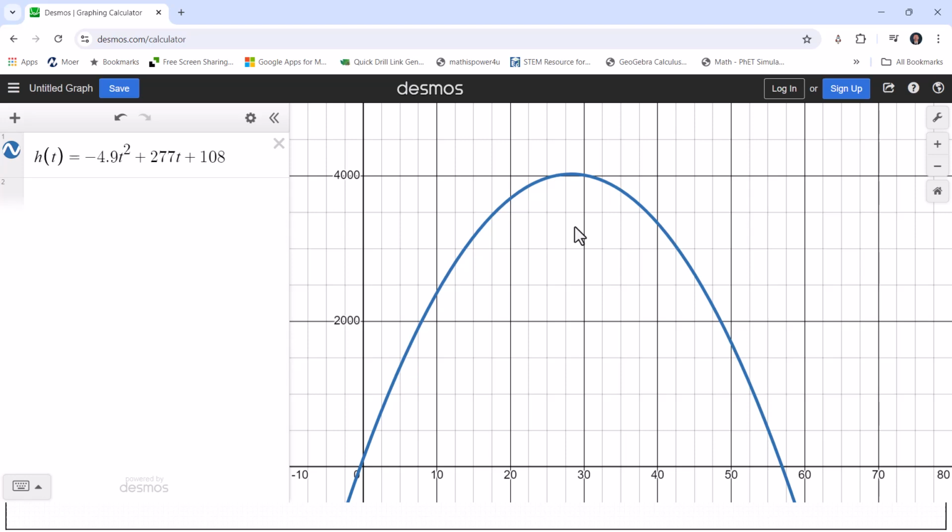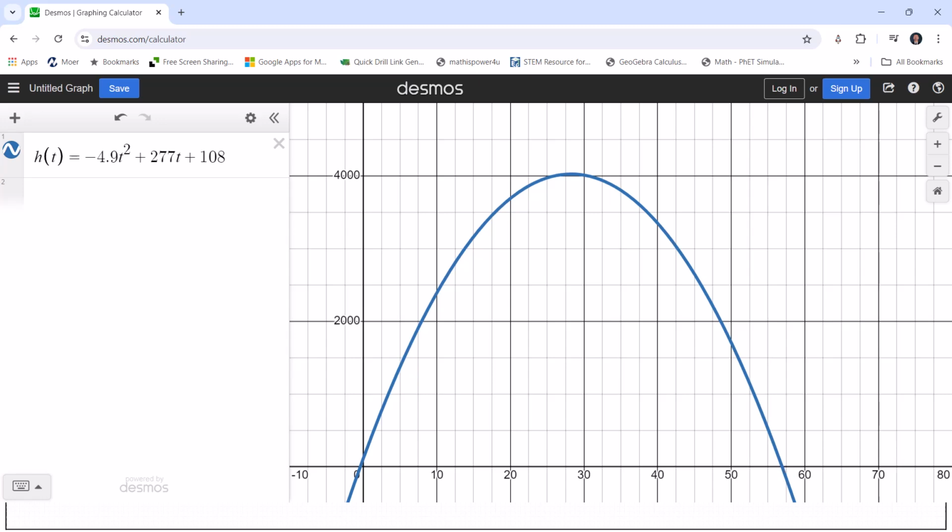To find the time of the maximum height and the maximum height, we would have to determine the ordered pair for the vertex, this point here. Then to determine the time at which the rocket splashes down into the ocean, we need to determine the t-intercept here on the right. Let's go back and calculate these, and then we'll come back to the graph and verify